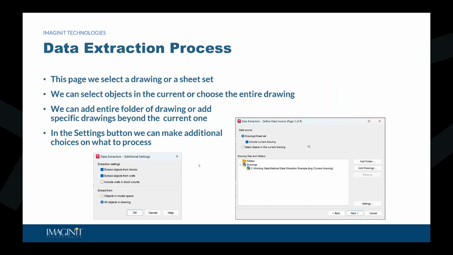Do we want to extract the objects from blocks, i.e. do we want to extract